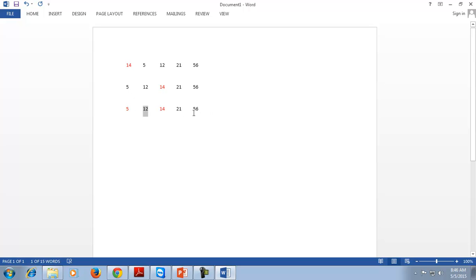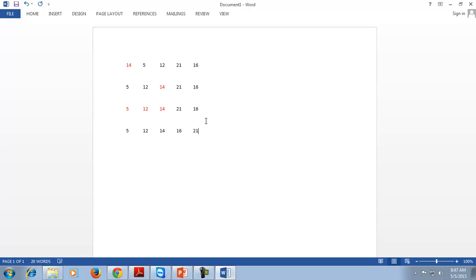Similarly, in the next one, if we take 16 instead of 56, next time we will take 21 as a pivot, and we compare 21 and 16. 16 is less than 21, so the values will be swapped, and the final order of values will be 5, 12, 14, 16 and 21.